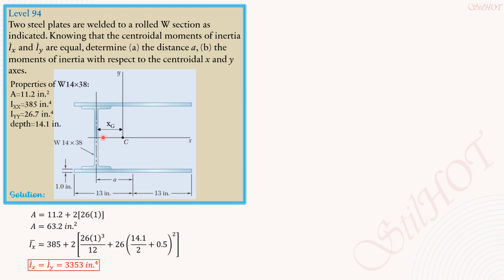Then in the second part, we need to express xg in terms of A by the principle of the first moment of area. So the total area is 63.2. This is our reference axis. So 63.2 times xg equals